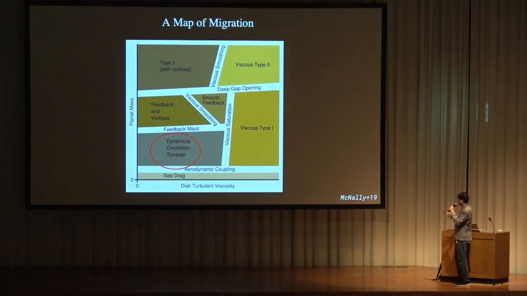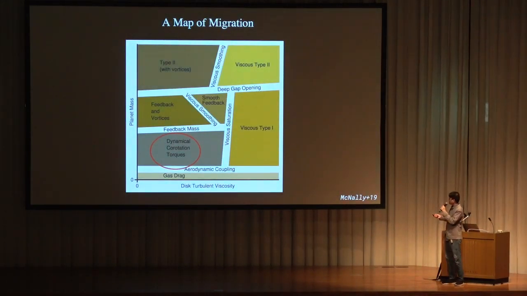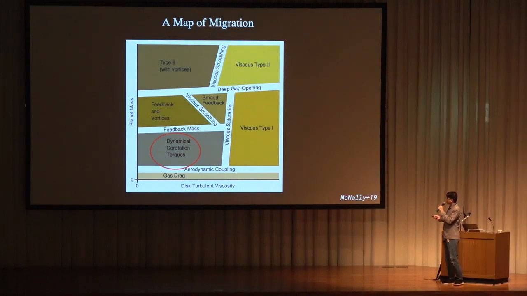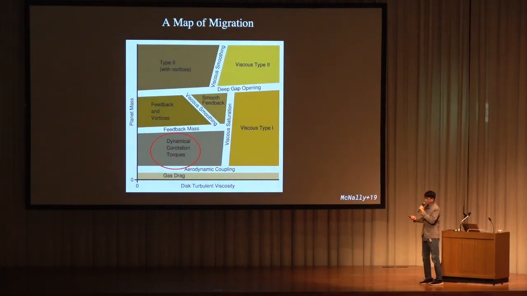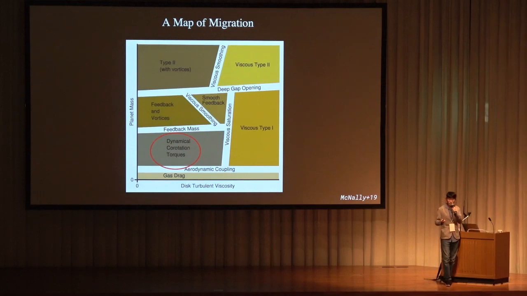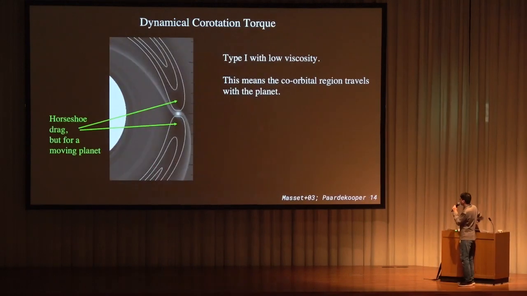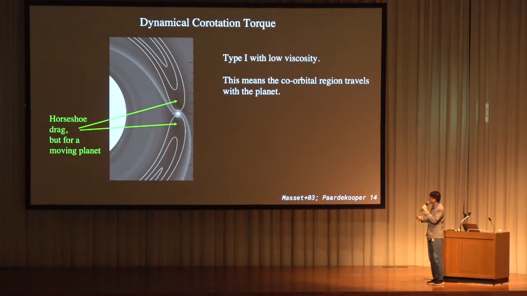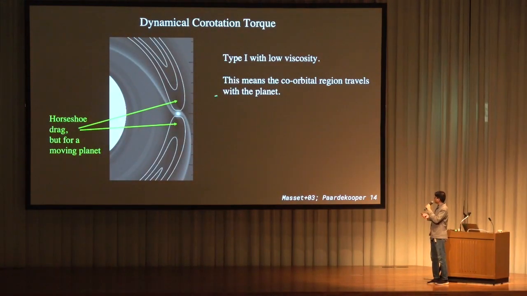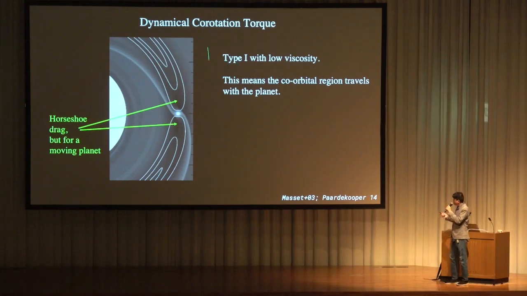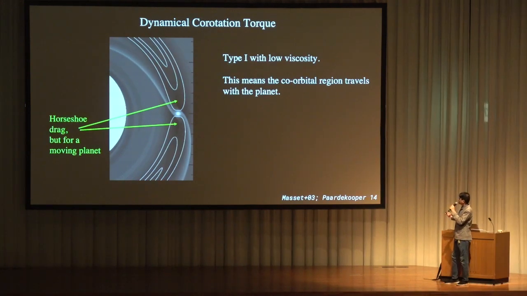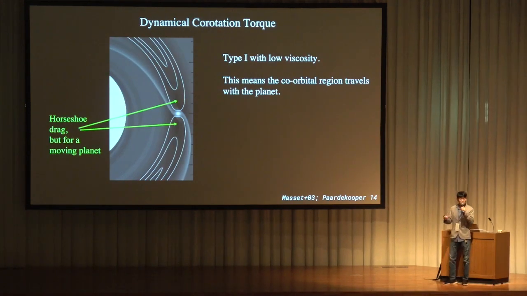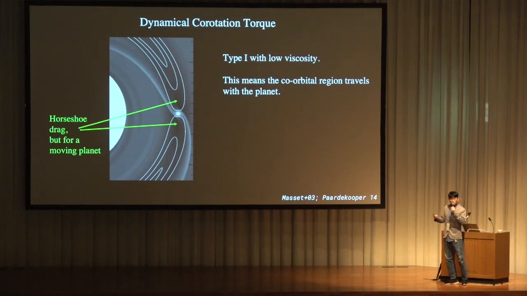So beyond that, we are going to go back down in mass and go to the lower left corner here, where we have low mass planets and also low viscosity. This is where we need to worry about an additional thing called dynamical corotation torque for type 1,